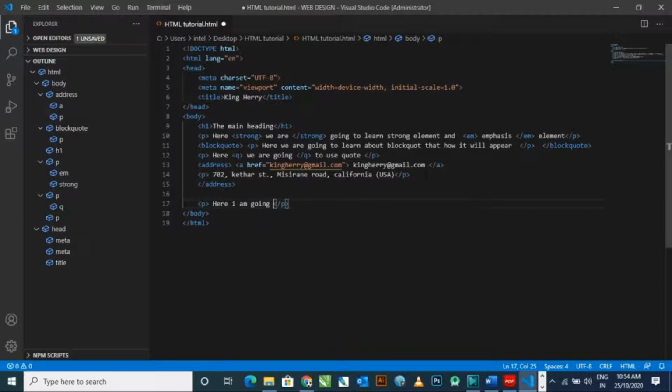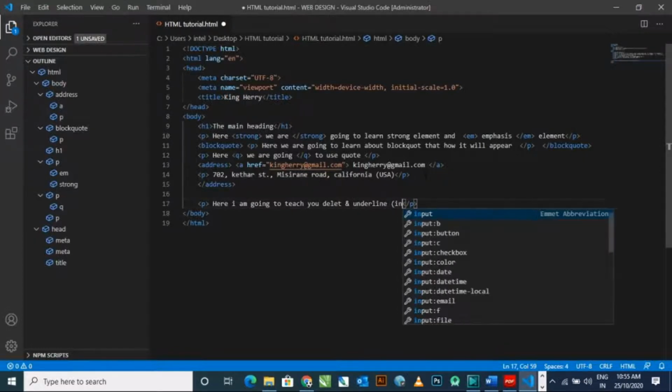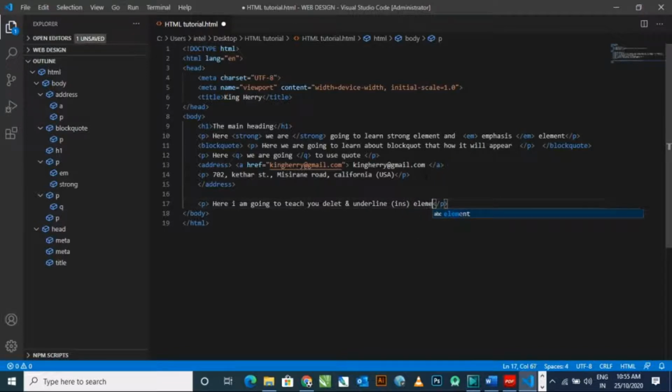Here I am going to teach you the delete element and underline, meaning the ins element. Simply I am typing that, how it will reflect on our browser window.